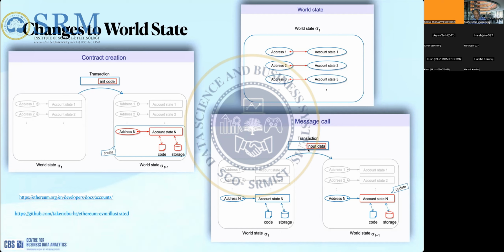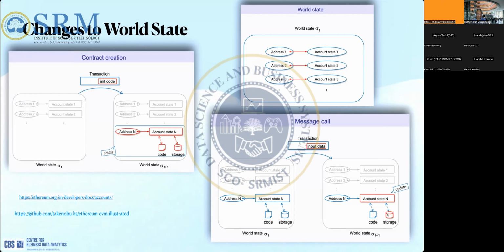And then let me say that I send a message call. I create a transaction from my own externally owned account to this smart contract, right? So what happens here? Now we move to a new state, sigma t plus 1 state, where we have the same contract. Nothing has changed in the smart contract because it's already stored there and it already has the code. There is no change in the code, perfectly fine. But on the other hand, you can see that the result of executing the smart contract has made some changes in the storage space. What does it mean?